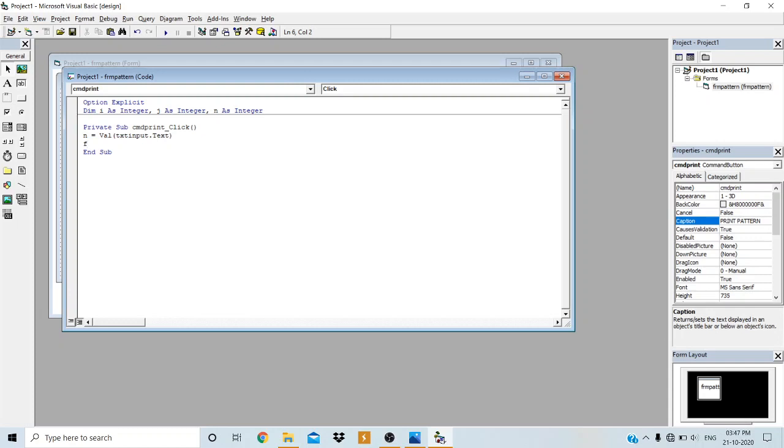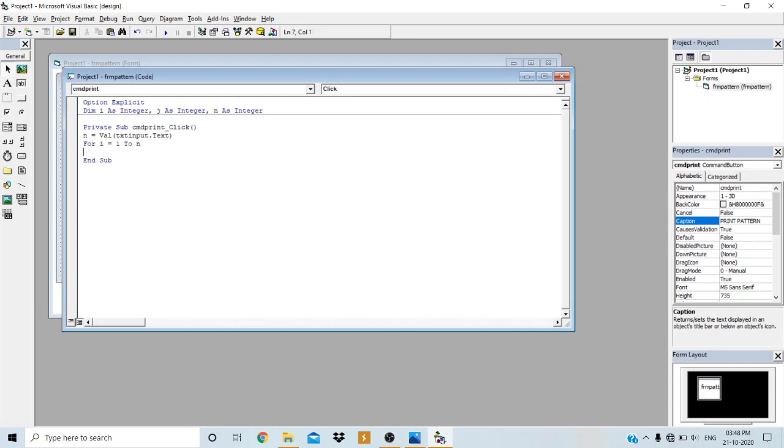Once the input value is fetched and stored in one variable, we have to implement the loop. For I equal to start 1 to end n, where I is the counter variable for the for loop. Because we have read n, the last number input, up to what number the pattern has to be printed, n is the variable where the input value is stored. So I equals 1 to n, and the step increment is 1 itself.